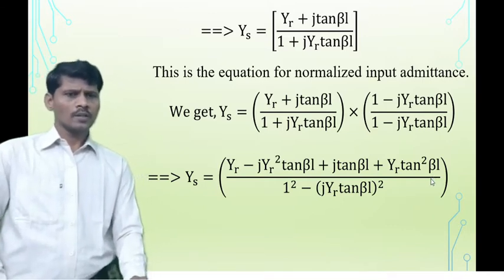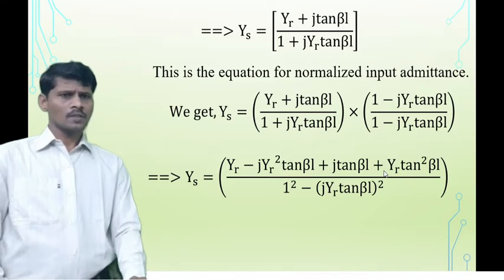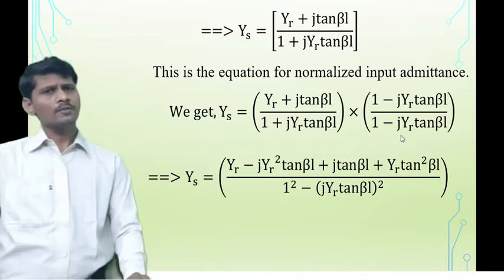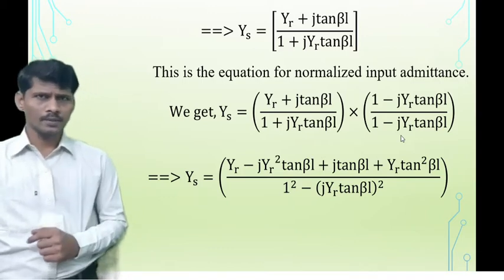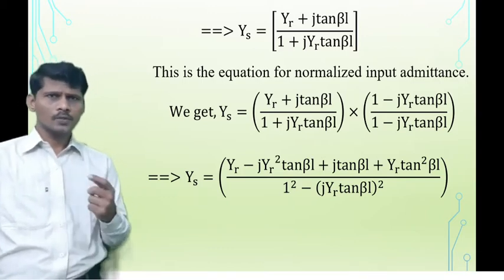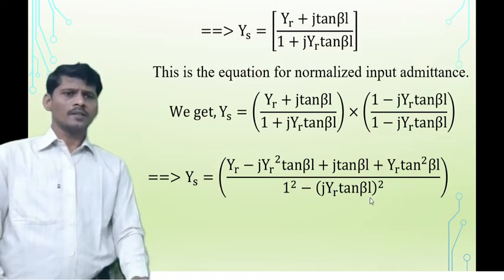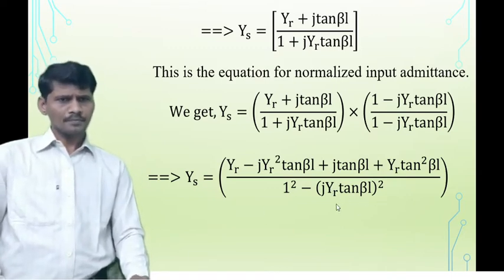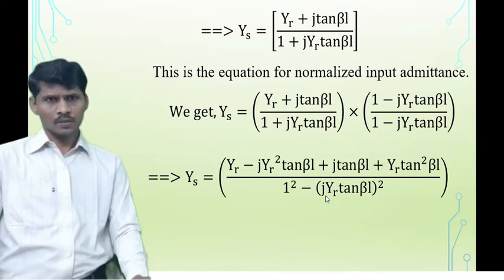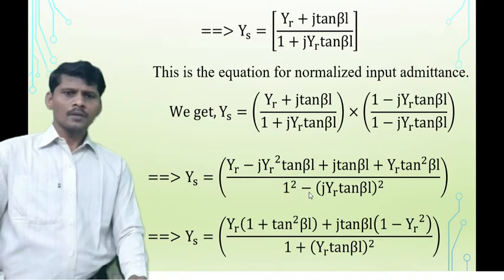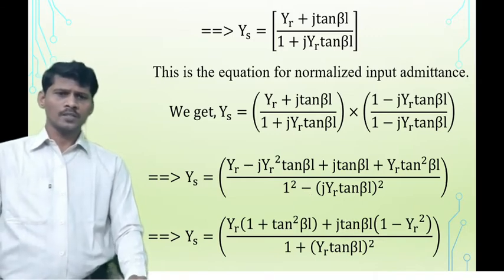So j square value is minus 1; minus into minus is plus, so plus yr tan square beta l, divided by the denominator factor, which is (a plus b) into (a minus b), that is a square minus b square. So we get 1 square minus (j yr tan beta l) whole square. J square value is minus 1, so before it minus is there, minus into minus is plus. So therefore, the normalized input admittance ys is equal to